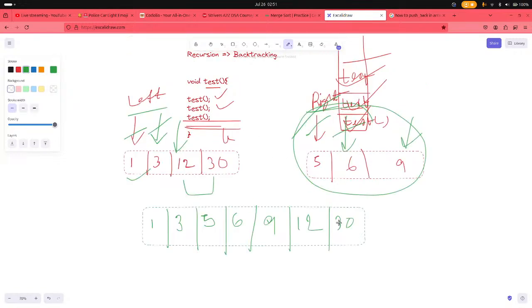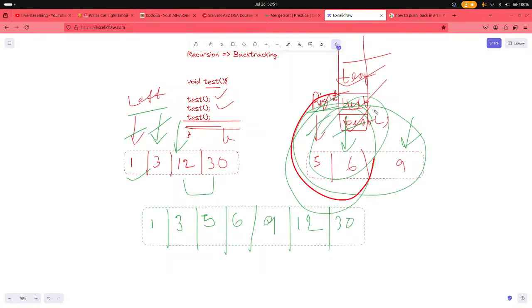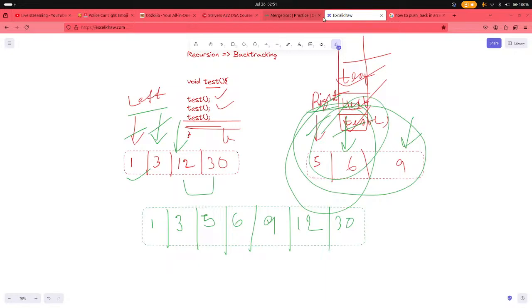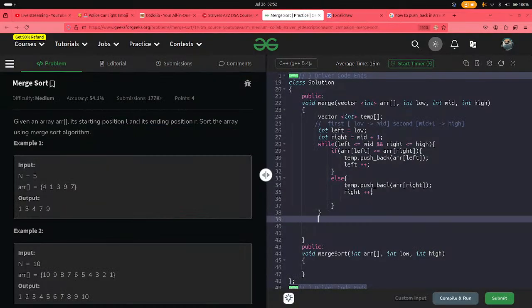In this case, when this is completely done, let me open the laser pointer. So when this is completely done, then I have to put the rest of the right or left, anything that is completed. Okay, so while